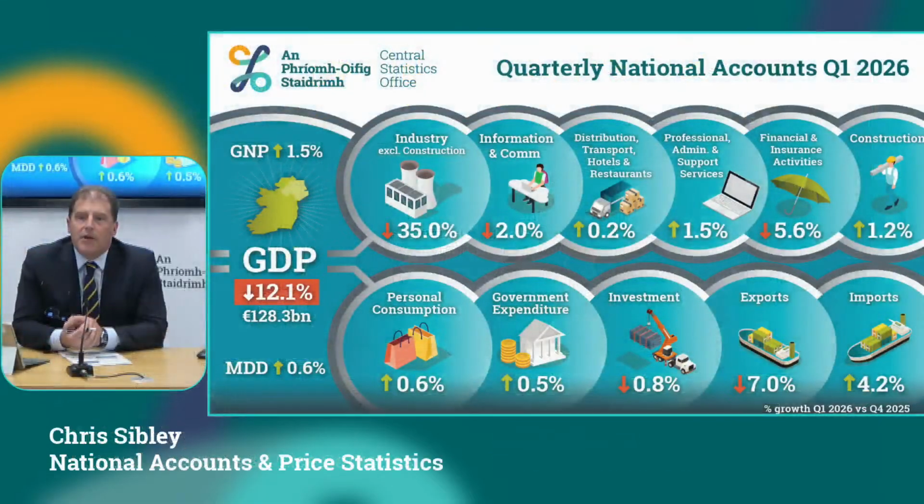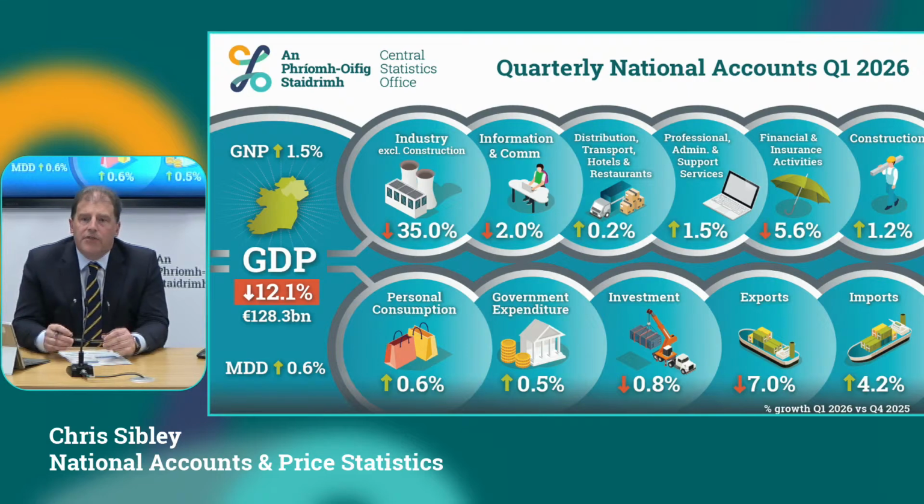The main message, I guess, we have for you here today is a big fall in GDP, over 12%. The new information that we have on that mainly relates to all our quarterly returns we just got in over the last number of weeks. And that's the difference over what we had in a monthly estimate we produced 30 days ago.